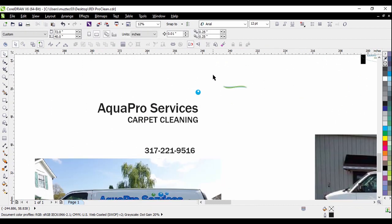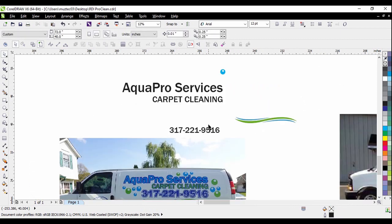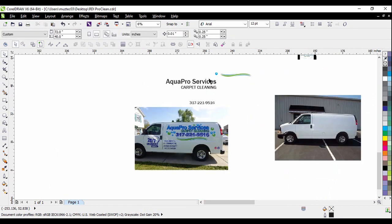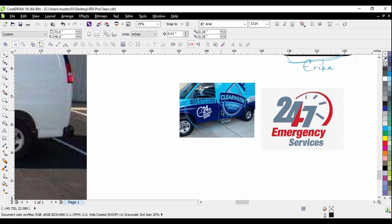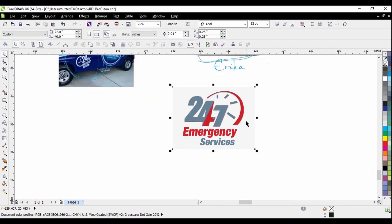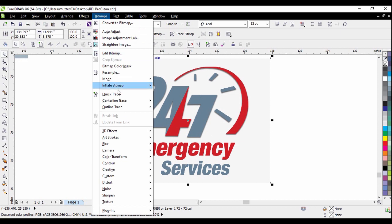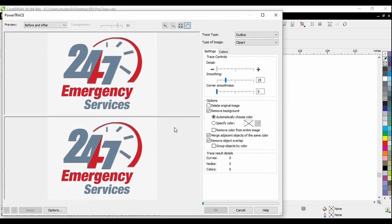Okay, now we got that part, and I'm gonna put that up here. Now the next thing we gotta do, we have to get the 24-hour emergency logo. And again, here's another way to vector your image. Let's go ahead and click on it, highlight it, go to bitmaps, and go to outline trace, clip art,